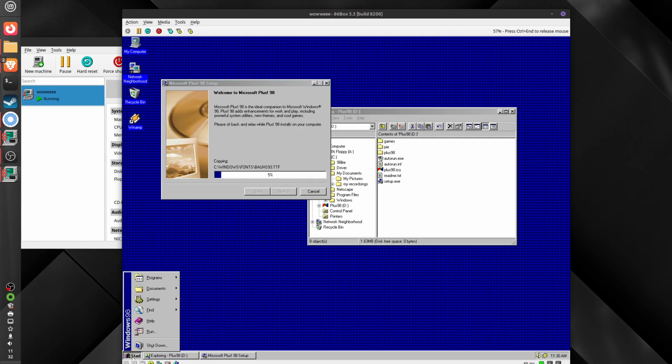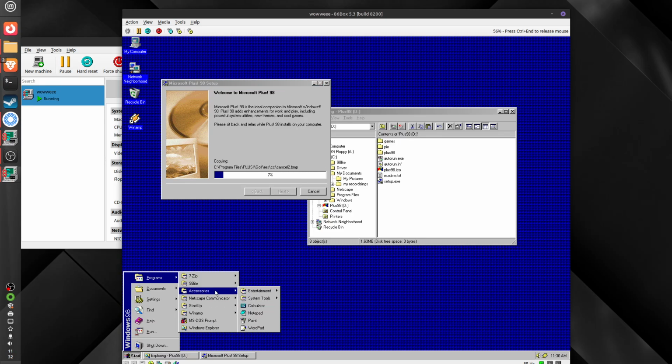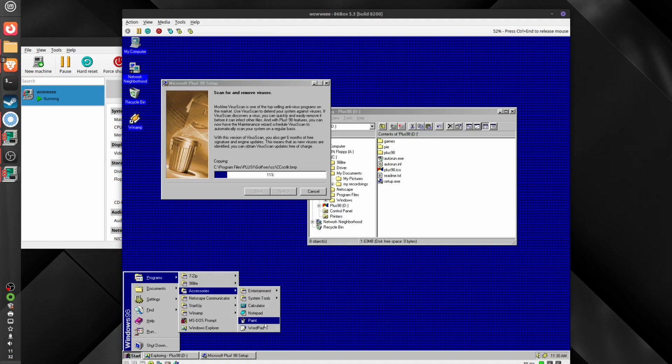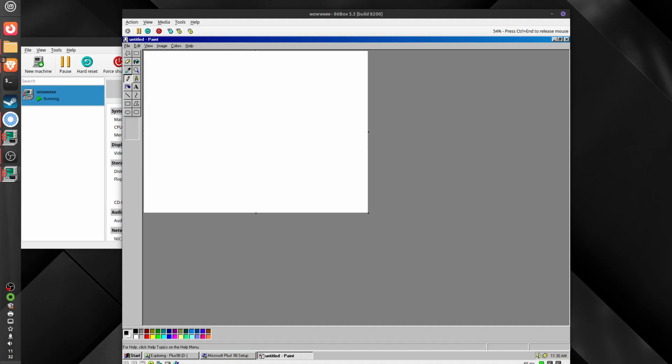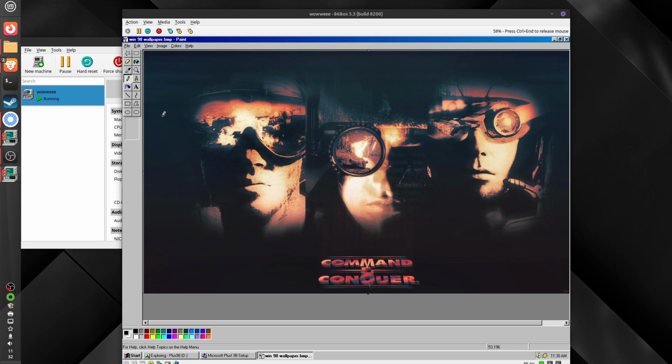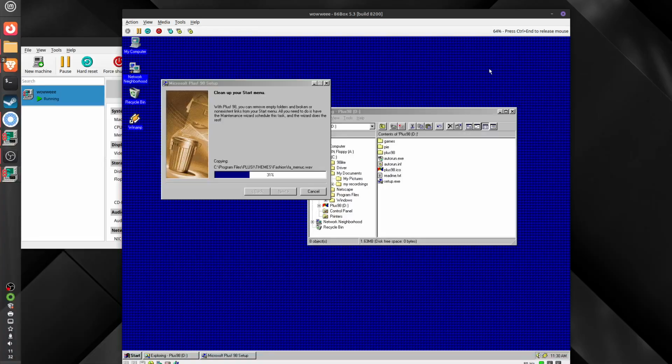Now, if I go to Programs and Paint, oh look, it's got it there in Recent Files. So that's what I want for the desktop. Now, I can go here and set as wallpaper, centered, like so. And then if I close that, it should have applied it. So if I go to Properties now,